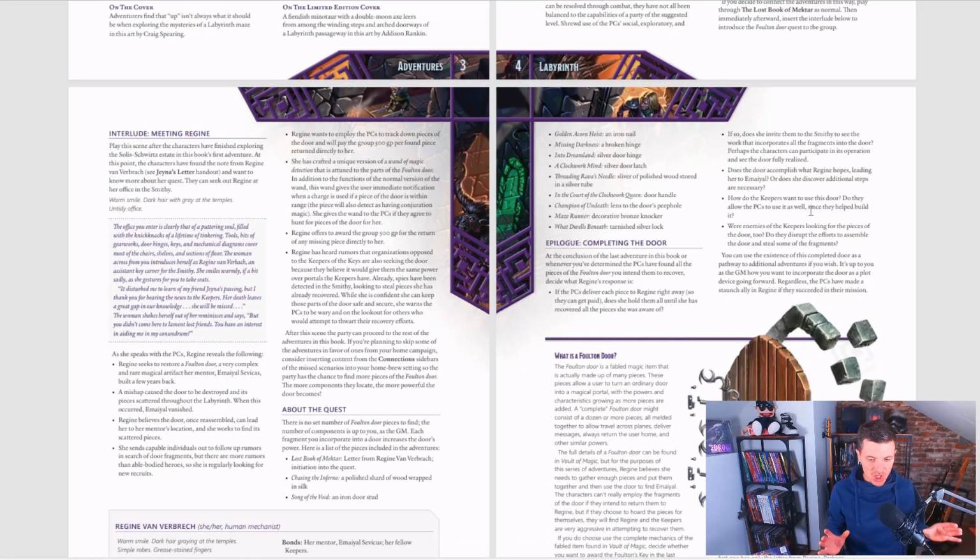If you don't tell the players how many pieces there are, after like 6 or 7 adventures, if you feel like your players are getting bored of the Labyrinth setting or whatever, and they don't really want to do this anymore, you're just like, okay, the door is complete. Congratulations, it all worked, right? Or something else you can do, and this is the way I would handle it, is they would gather all kinds of these pieces from different adventures, but